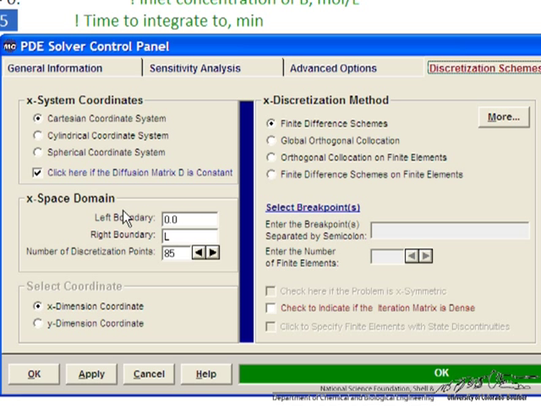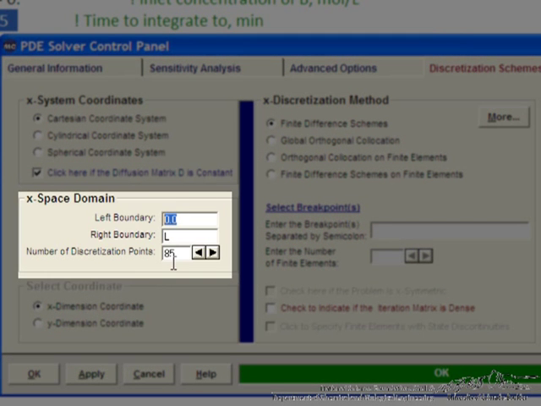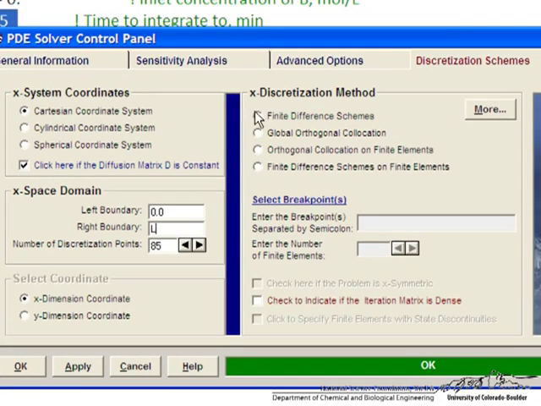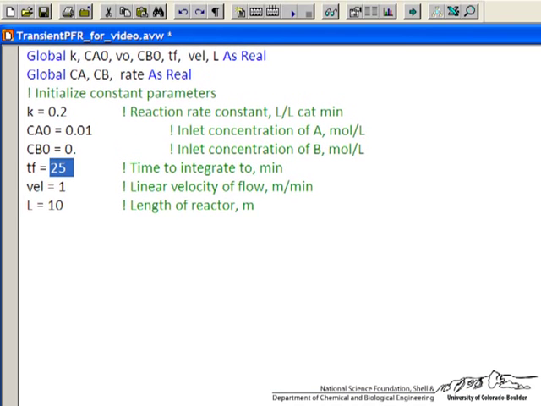The space domain, because it's going to plot, as you'll see, concentrations versus space, namely distance down the reactor. So the inlet to the reactor, that's the left boundary, shows some boundary conditions. That's a distance of 0, and the right boundary is a distance L, and the number of points means it's breaking the reactor up into a small number of disks, if you like, where it's solving. In this case, 85. It needs to be enough to get reasonable accuracy, and it's using a finite difference scheme. So I'll click OK on these for now.